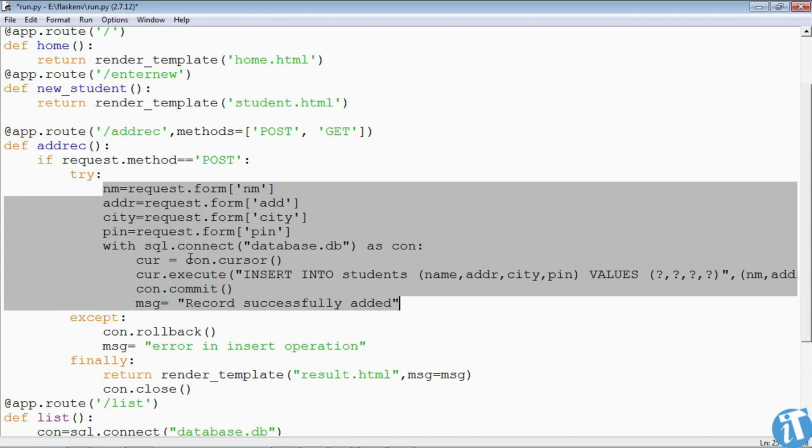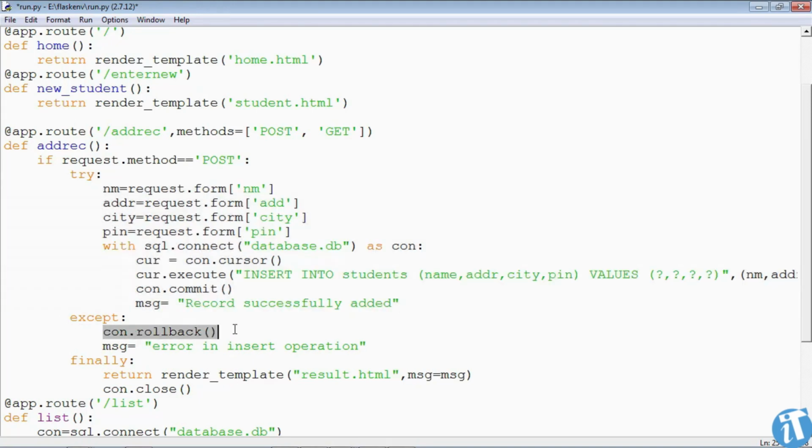You don't want anything untoward to happen in your database, so you have to roll it back, and the message will be error in insert operation. So in the event of a successful insert SQL query, the message will be record successfully added, otherwise it will be error in insert operation. In any case, you have to